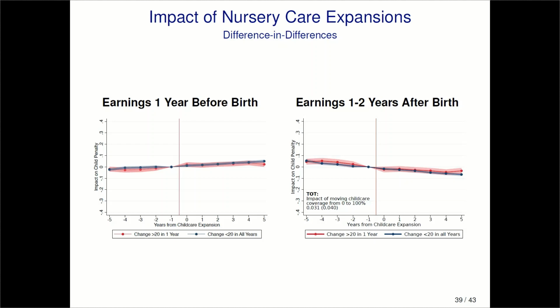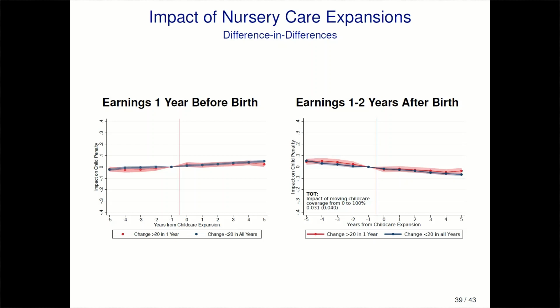And that effect is just 3.1% on earnings, and it's statistically insignificant. So can you say something about the quality of this care? Because as a parent, I would be a bit concerned that now everything is new, so maybe the child is not taken care of that well. So the quality is supposed to be good, but I think an even better